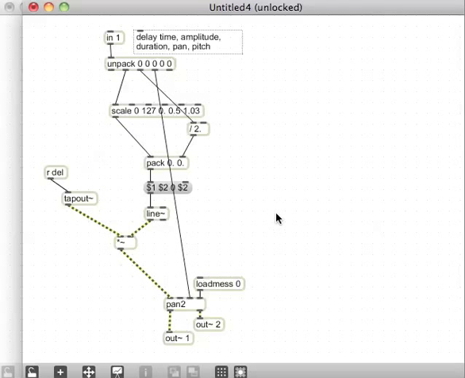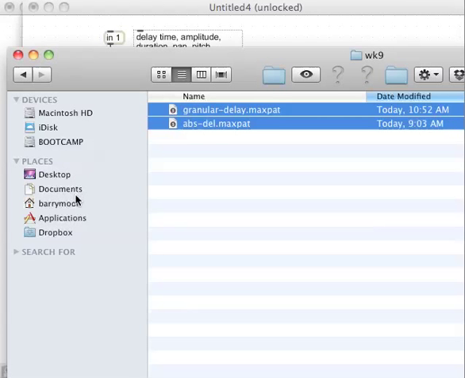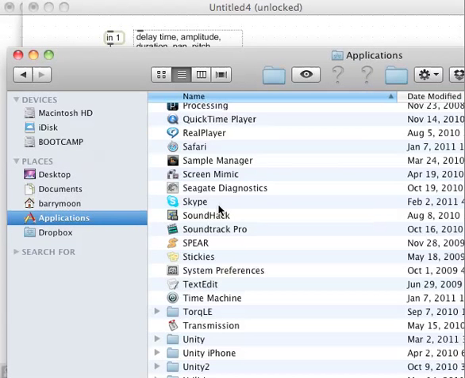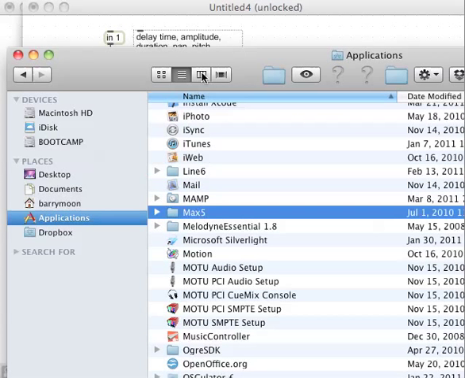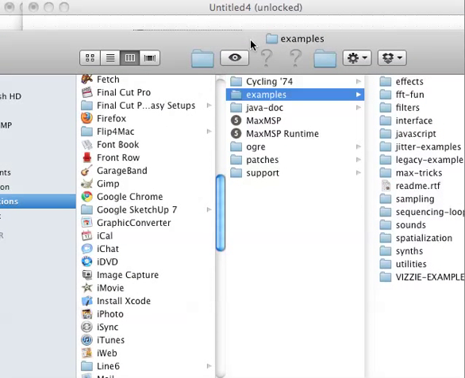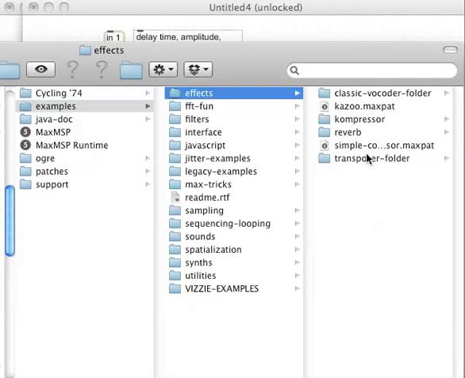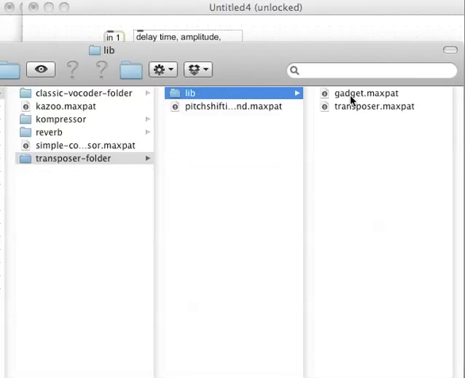And this is going to go into our pan signal in there. Okay, so the next thing we could tackle, which is probably the not so easy thing, is the pitch side of this. The thing I'm going to do anyway is go to applications. I'm going to steal something that might answer at least half the question from the examples in Max. So we go to Max 5, examples, effects, and I've been here in these patch-a-days before, transposer, lib, and the